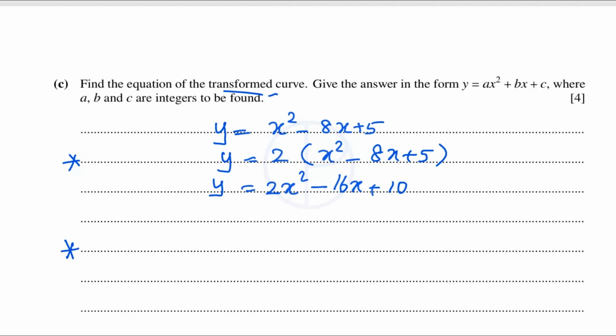Translation along the x-axis by a factor of 4 means x will be replaced by x minus 4. So x minus 4, minus 16 multiplied by x minus 4, plus 10,